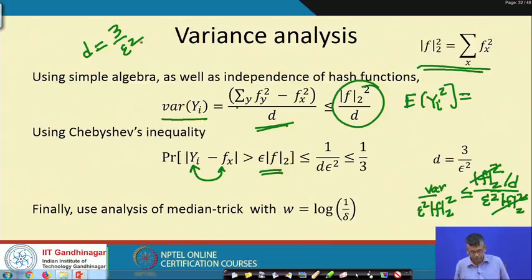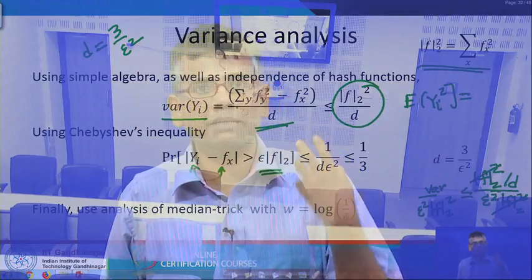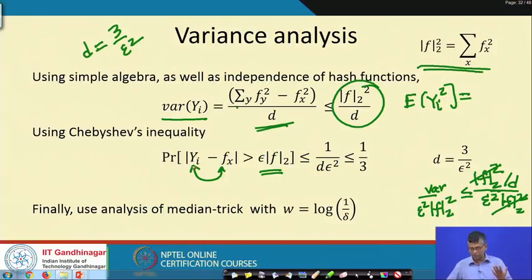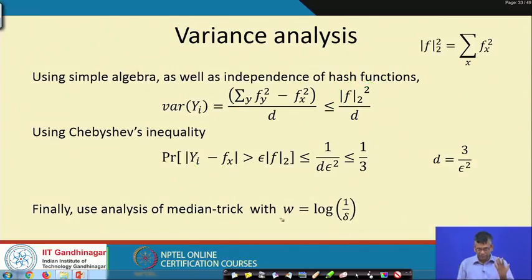Okay. That says that each y_i lies within f_x plus or minus epsilon times the 2 norm of the frequency vector with probability 1/3. Right. But what are we doing? We are taking the median of these y_i's. And now what you can use is the same median trick that we have been using before, and that will tell you that